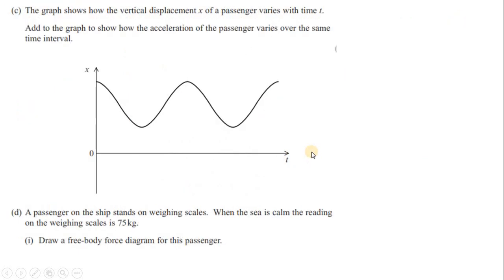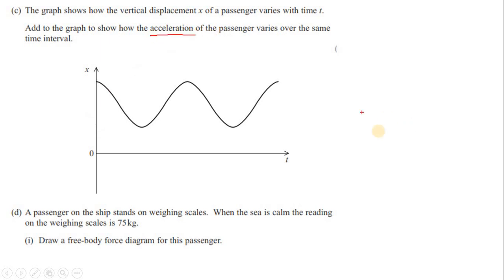The graph shows how the vertical displacement x of a passenger varies with time t. Add to the graph to show how the acceleration of the passenger varies over the same time interval. Okay, so we are given a position-time graph, and we need to plot